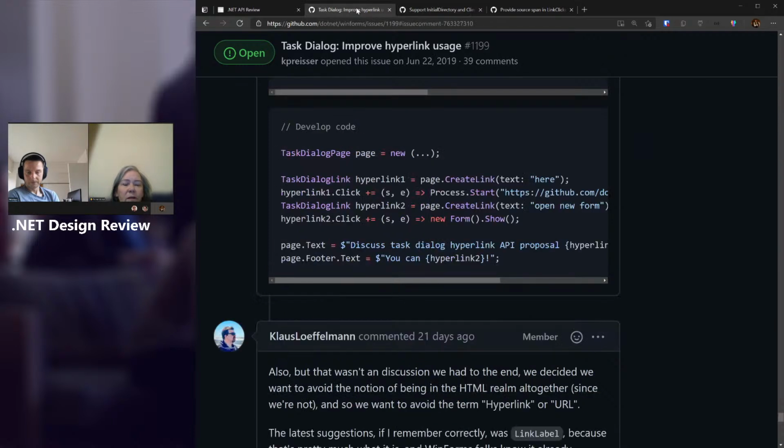You're using an interpolated string anyway, so you just put in a curly brace with the dialog page static method, make HTML anchor, in this case my link ID, link, and then you're done with that problem.